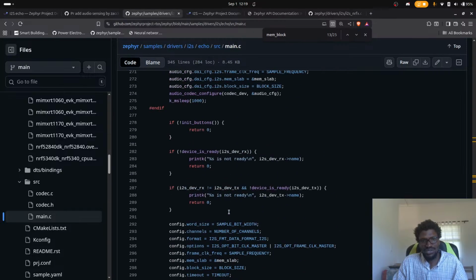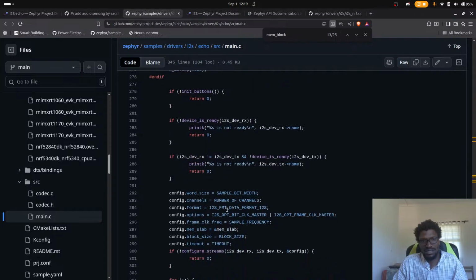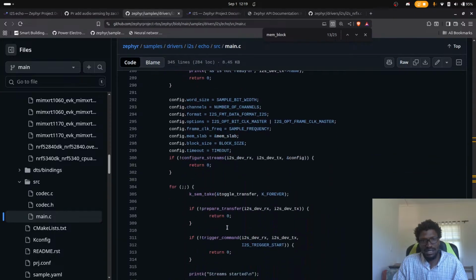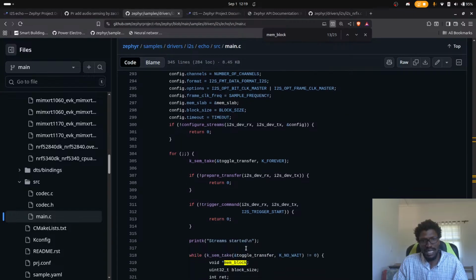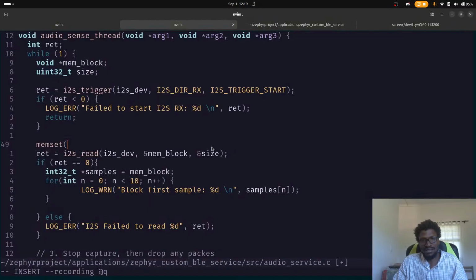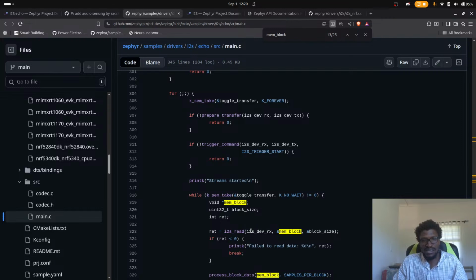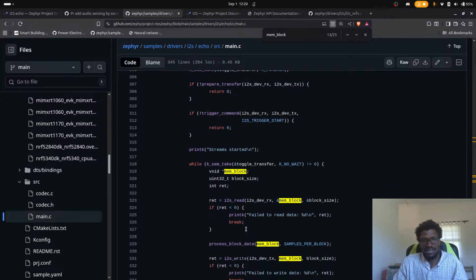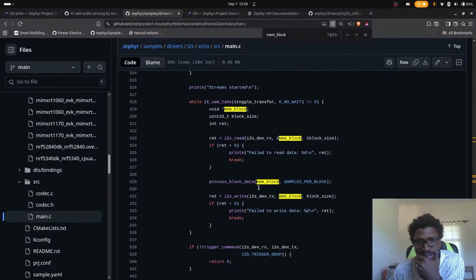Where did you do your trigger? If trigger command is not start, then after they've started it, they would do this stuff. So it's after trigger, after start, cool, after start, but